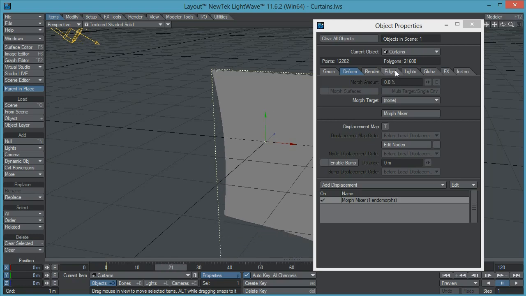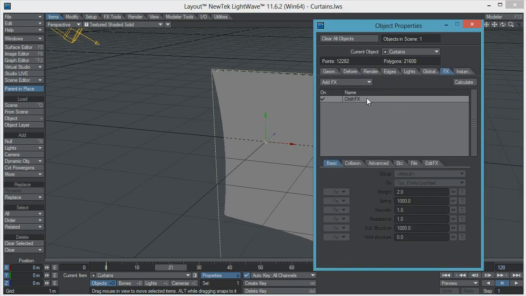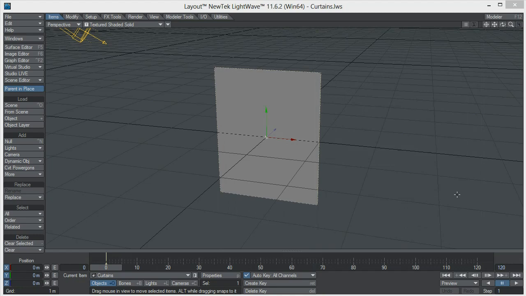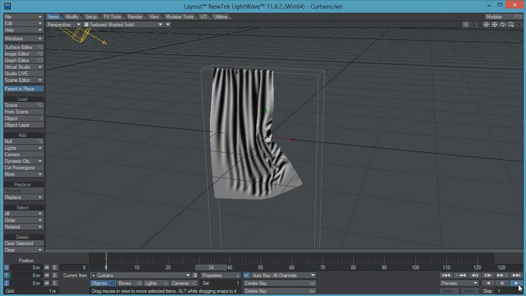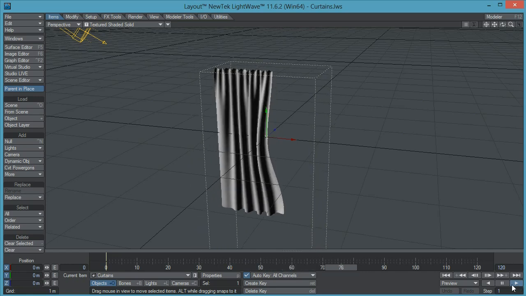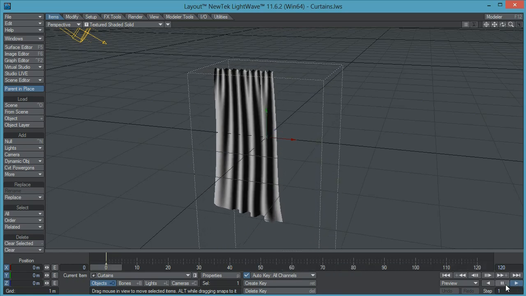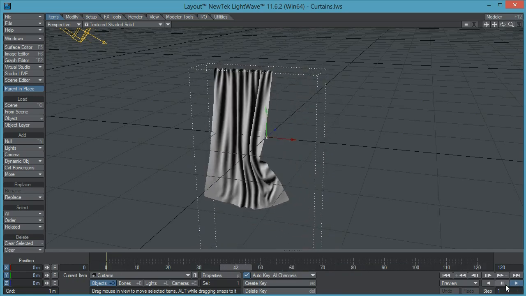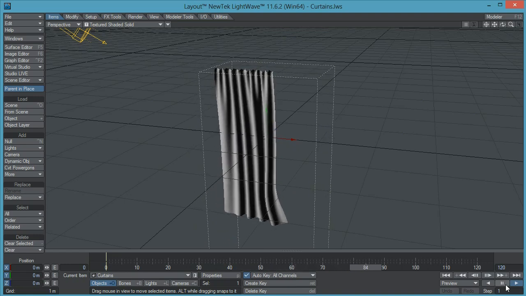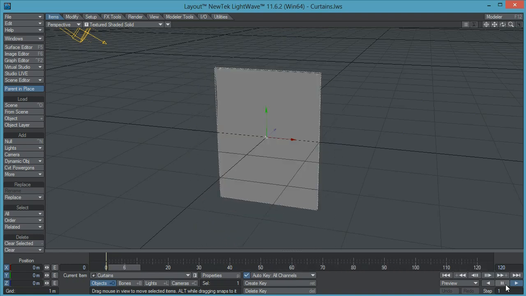So I'm going to simulate the cloth once again, and I'll see you back here once it's done. Okay, so my simulation is done. Let's check on how it looks, and wow, now it does look like a curtain. I do like it very much,